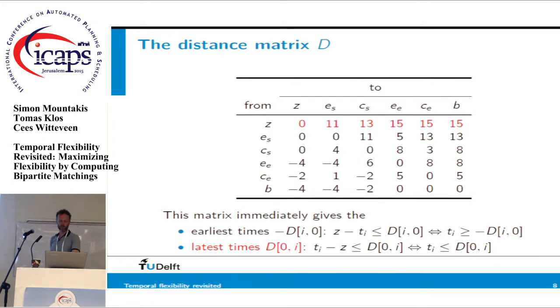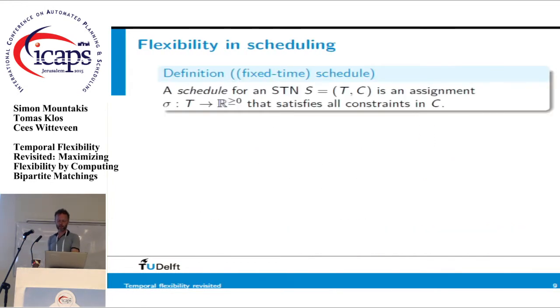So this is a convenient way of representing this information, and this is something we're capitalizing on in our work. One of the things we want to do if we have an STN is to find a schedule, or an assignment of values to these variables, that satisfies the constraints. So that's what a schedule does. But a fixed time schedule like this is often not so useful in practice, because during its execution, all sorts of unexpected disturbances and circumstances may occur that invalidate the